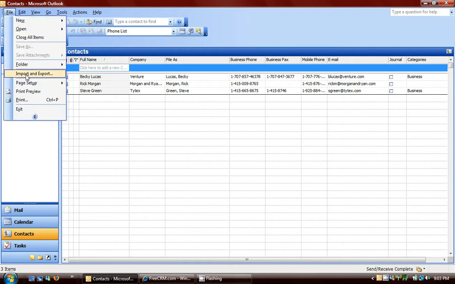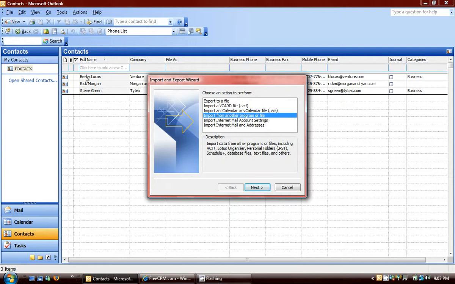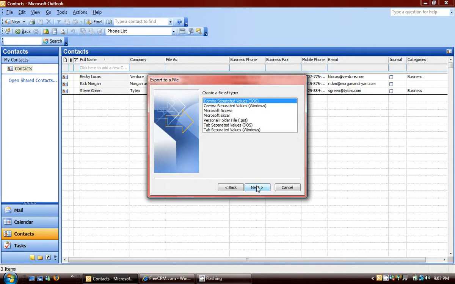We'll choose Import and Export. We'll choose an action here. We're going to export to a file. Click Next. Here we have to create the file we'd like to export into. We're going to choose this one, comma separated values. This is because I'm using Windows, and as the name suggests, each value is going to be separated by a